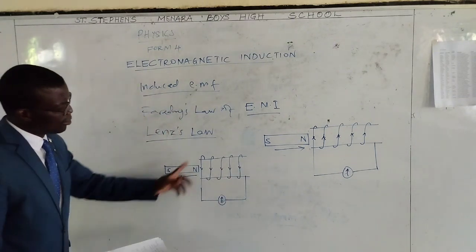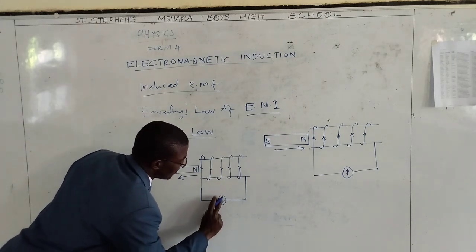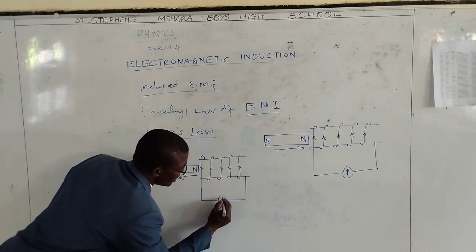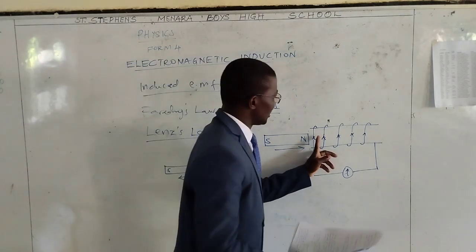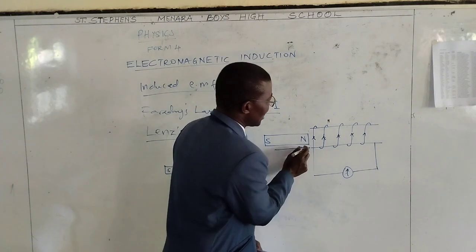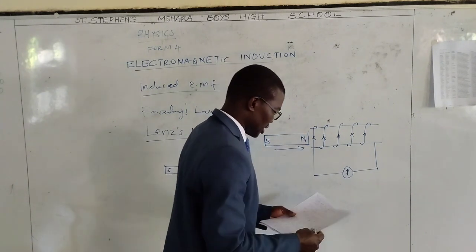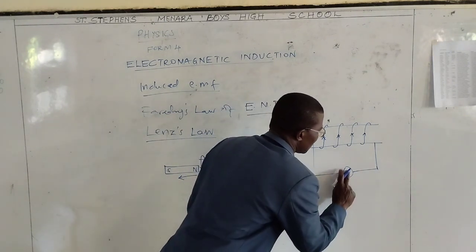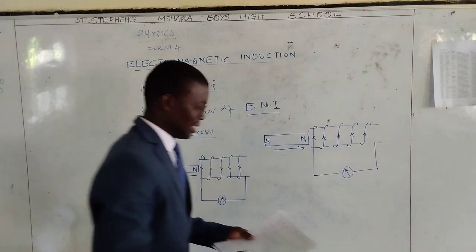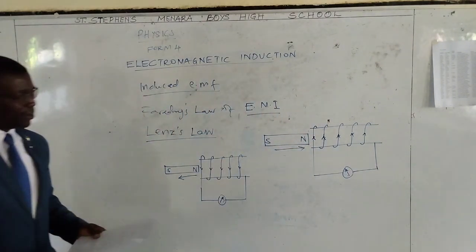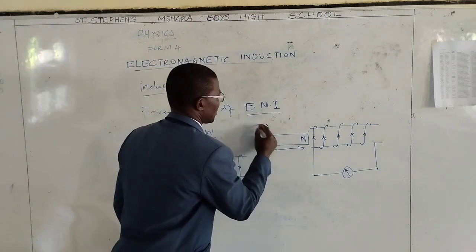Now, the flow of current in this direction will make this galvanometer deflect in this direction, and the flow of current in this anti-clockwise direction at this particular end will cause the pointer to deflect towards the left. And therefore, for the first diagram,